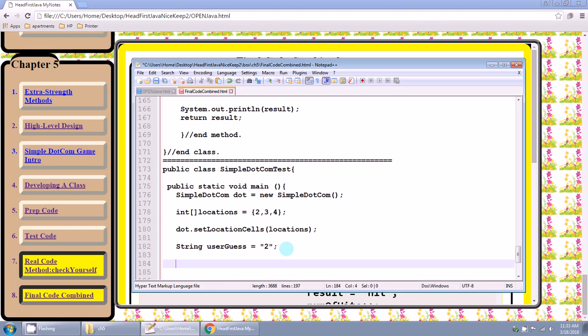Okay, so then we have string result. We're going to set that equal to the dot again. We're going to use the dot object that we created with the dot operator. Here we're using dot to call set location cells. Here with the dot operator, we're going to call